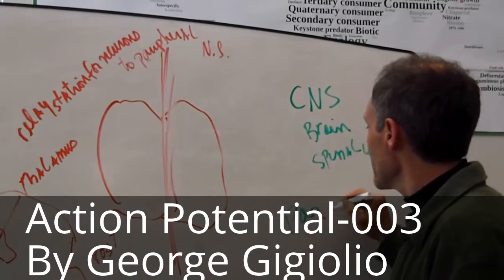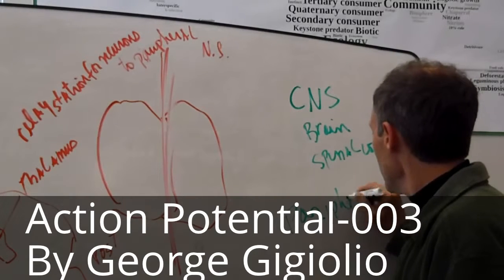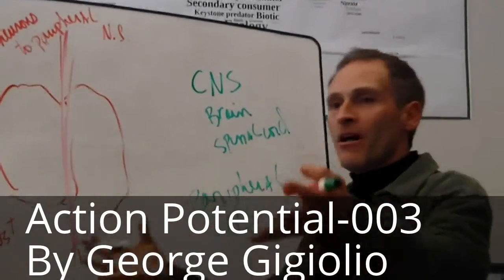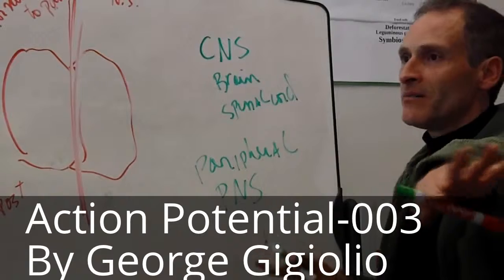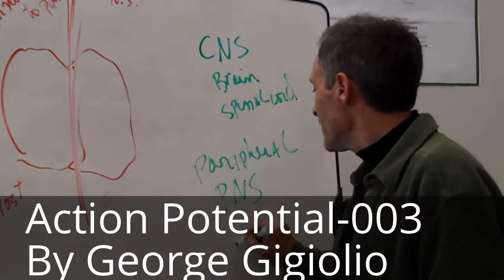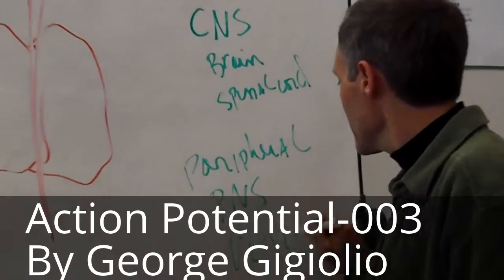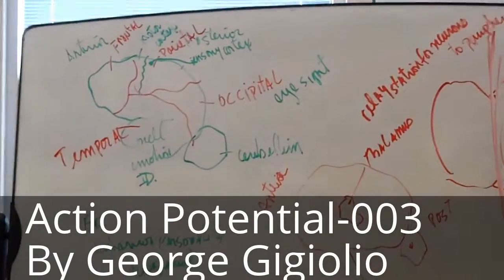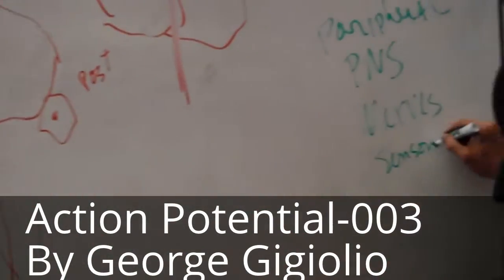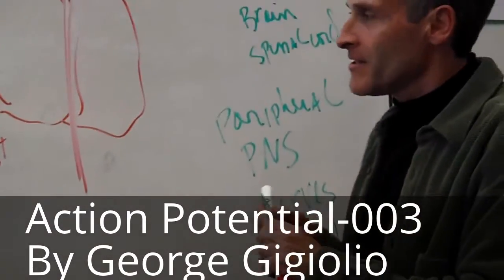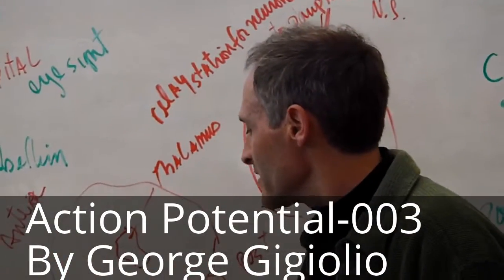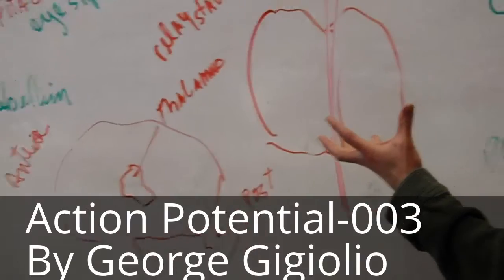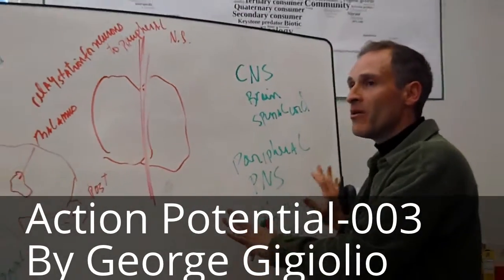Okay, and then the peripheral nervous system. Peripheral. And I don't know why I just didn't put PNS. This is all the nerves that extend from the spinal cord. Okay? So these are mainly nerves. And what two types of nerves are there? There's sensory and motor. Okay? So these are sensory and motor. So if this is the brain, this could be the spinal cord. Okay? And what I'm saying is that the thalamus, all of the sensory neurons, all the motor neurons go through